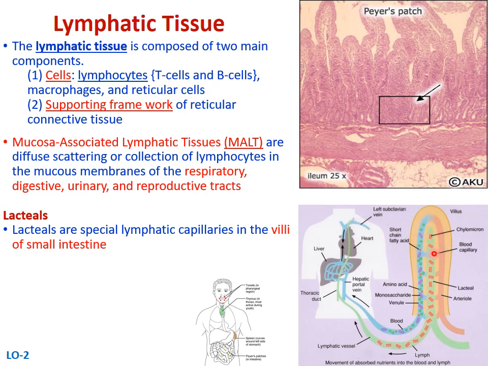Here the artery and veins are there, but the purpose of this capillary is to collect the lymph, particularly the interstitial fluid that contains fats. The fatty acids present in the interstitium of the villi are sucked into the lacteals. So the lacteal is very important in the absorption of fatty acids from the digestive system. All the fats are usually absorbed by this lacteal system. The lymph vessels go just like the veins to the liver, and from the liver